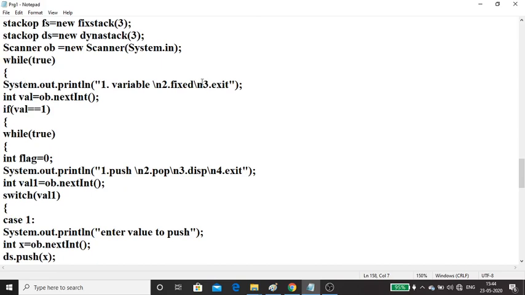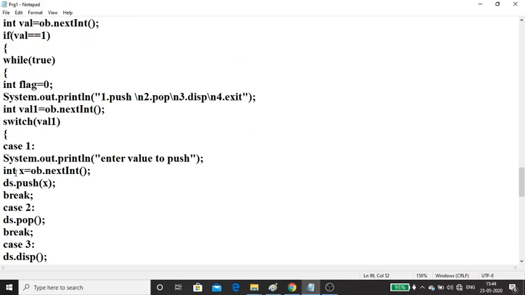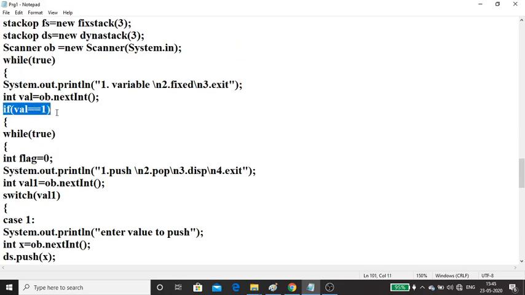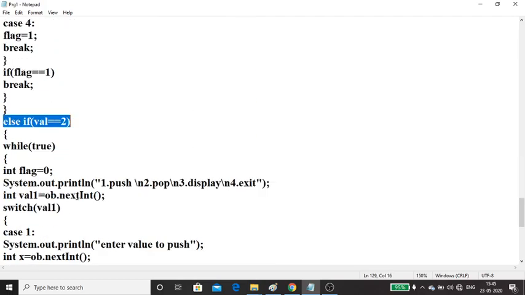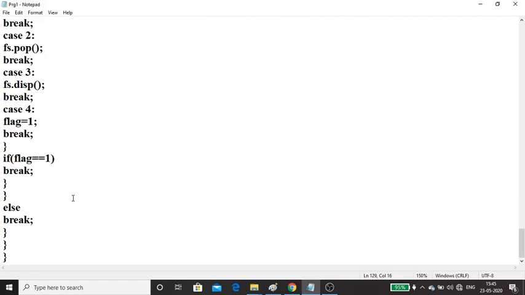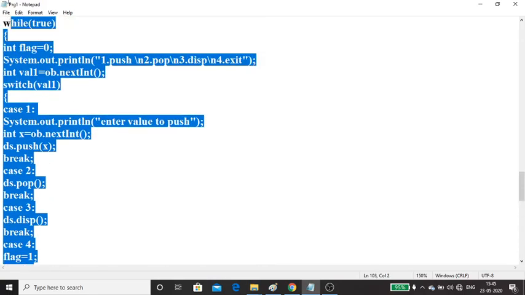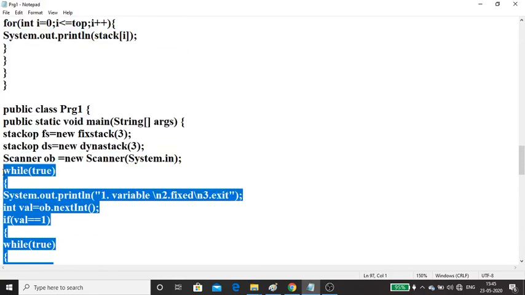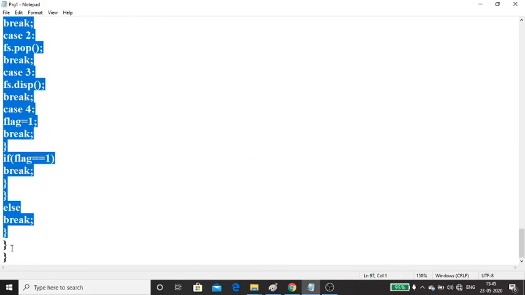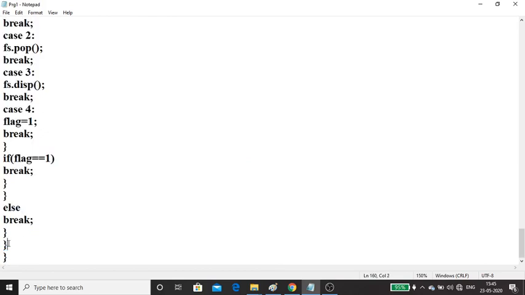Why? Because it is an infinite loop. So now if you enter 3, the if condition is not true because it is 1, and the else if is also not true because it is 2. Now all the conditions are not satisfied, so it is going to execute the else part. We have a break, so it will come out of your outermost while loop. After the outermost while loop we have one more bracket, that's the end of your main, and this is the end of your class. So at the end of main your program terminates, and you'll get some output. Now we'll run this particular program and see what output you get.